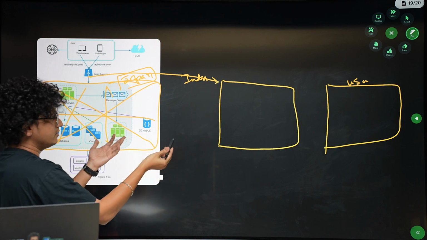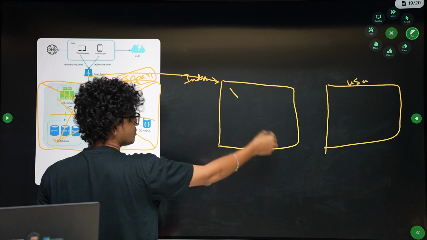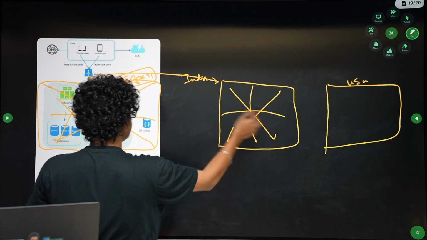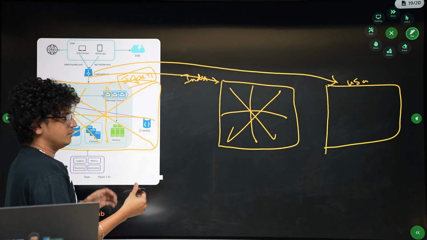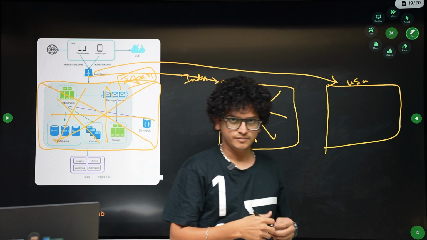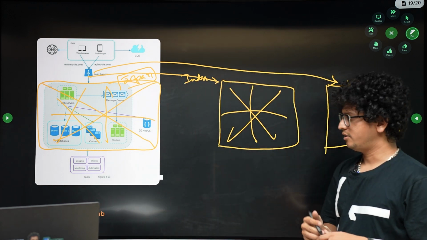Let's say the load balancer has given the request to India. Again, if India is not responding, the load balancer will give the request to the USA. So this is how we can set up servers from a single user setup to a setup for hundreds or millions of